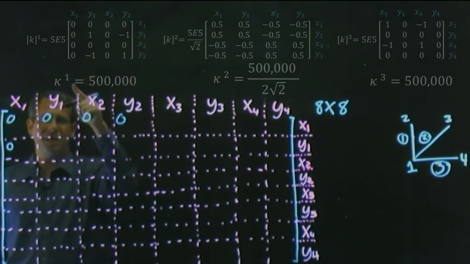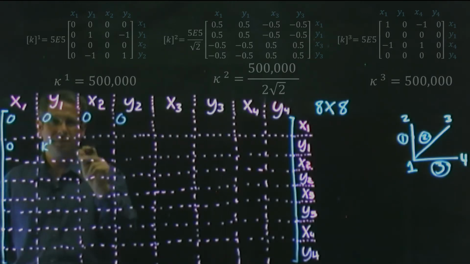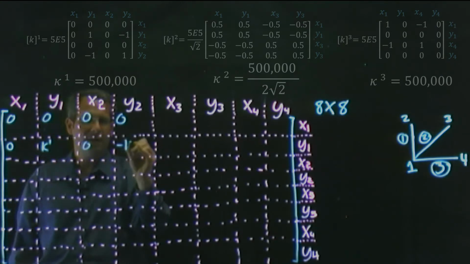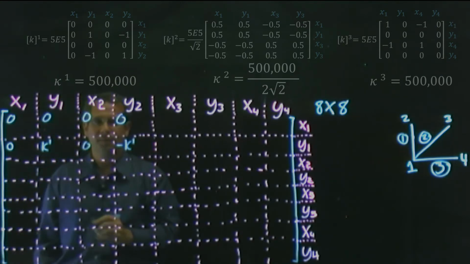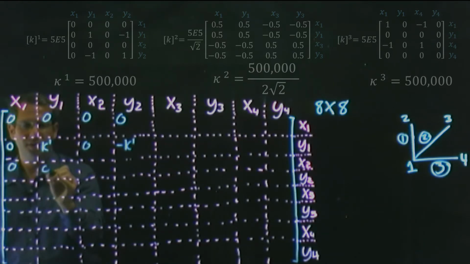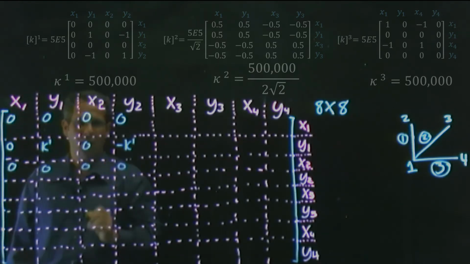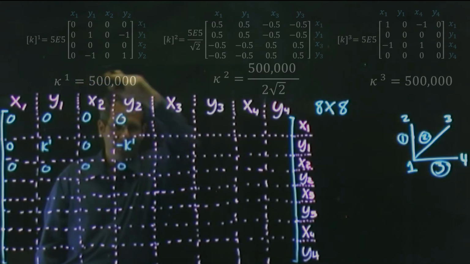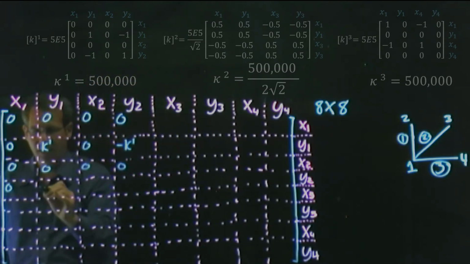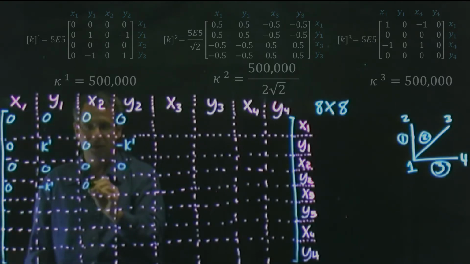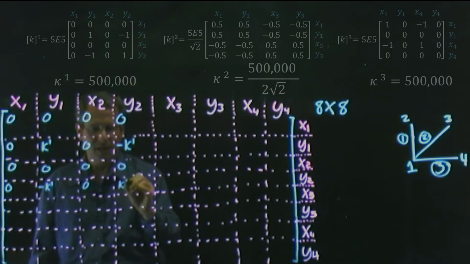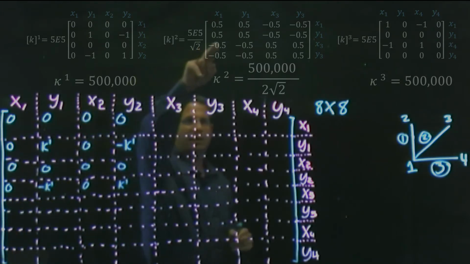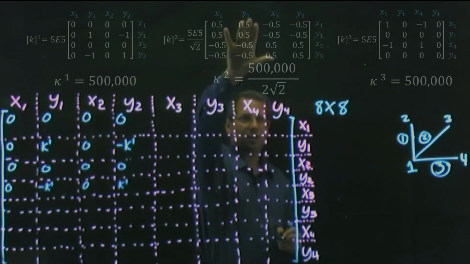That 1 is going to become kappa superscript 1, 0, negative kappa superscript 1. It looks like we'll have all zeros along here, and the last row will give us 0, negative kappa 1, 0, kappa 1. Moving on to the next local matrix,